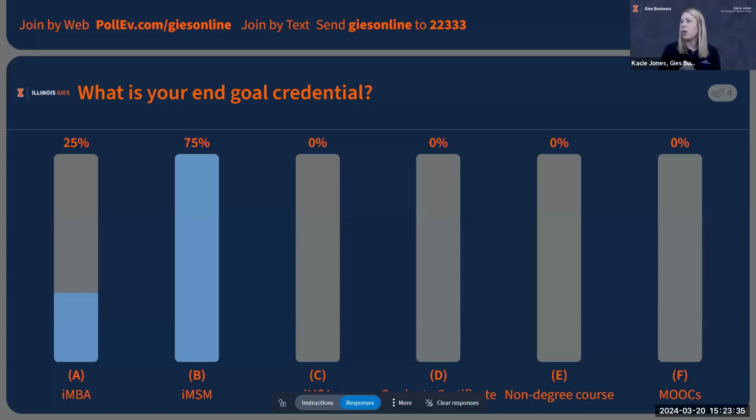So okay, let's do our next poll. Some of you are already there, which is great. We want to know a little bit about which programs you are all interested in. We're going to share some details on each of these, but again, there's a QR code up in the corner that you can scan, or if you've got that same link open,